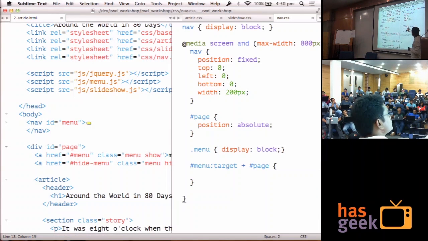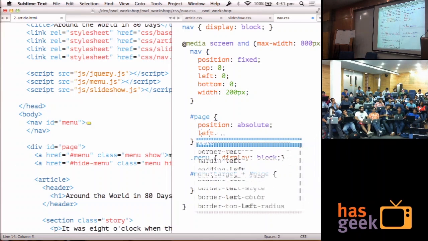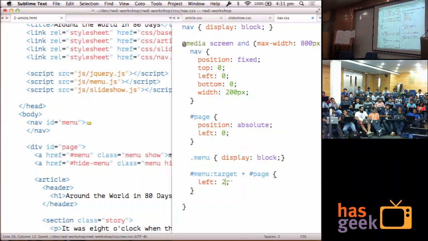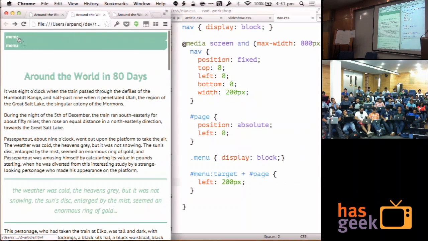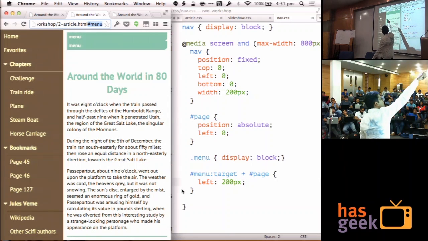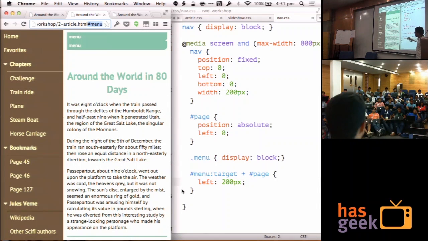Okay, so here you have position absolute, and let's say the position here is left 0. Here you say position left 200 pixels. Okay, now go here. Did you see what happened? The URL over here changed. When that URL changes over there, we can use this target to target that. Okay, so you could just even do something like